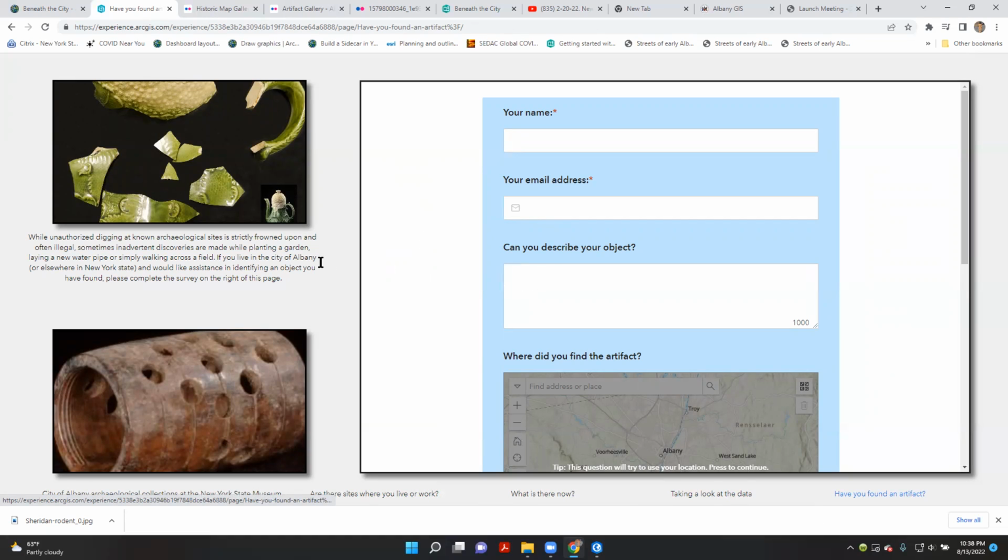Again, we do not sanction digging at known archaeological sites, but sometimes people can discover these things while planting a garden, or putting in a foundation, or just simply walking across the cornfield. And this Survey123 will allow a user, if they have found something and wish to have it identified, they can describe it,